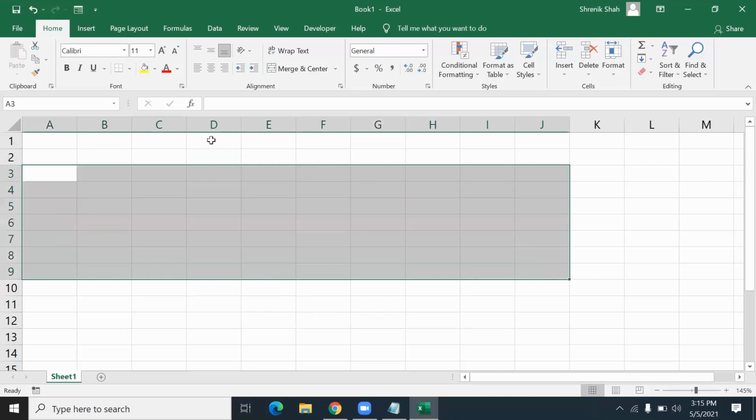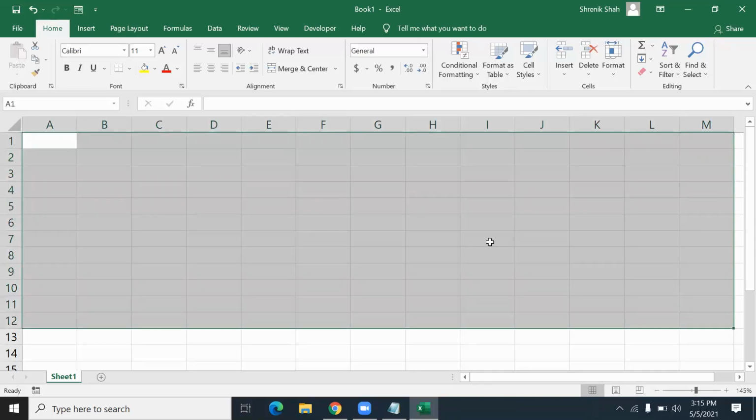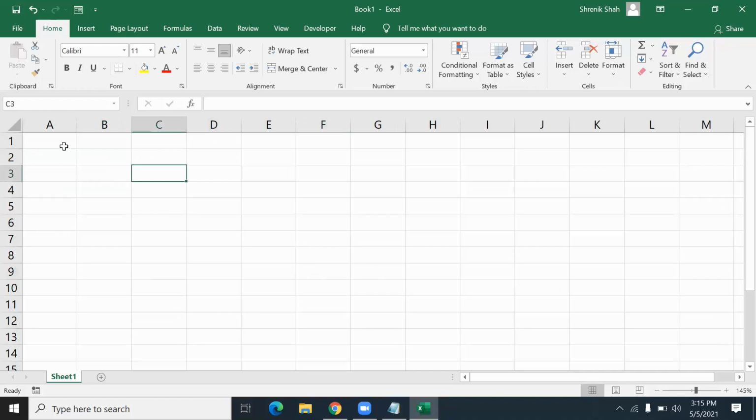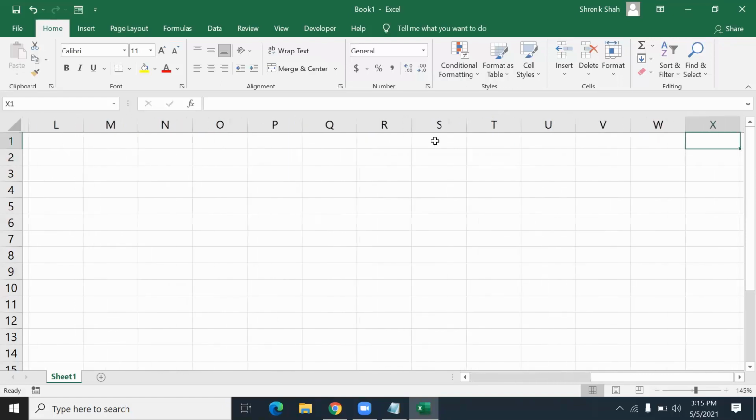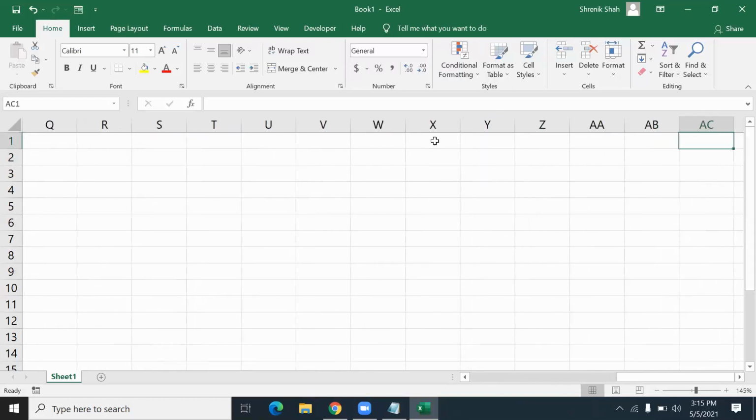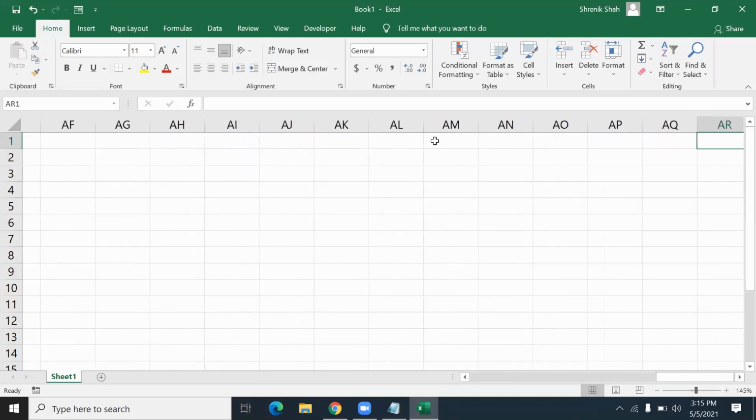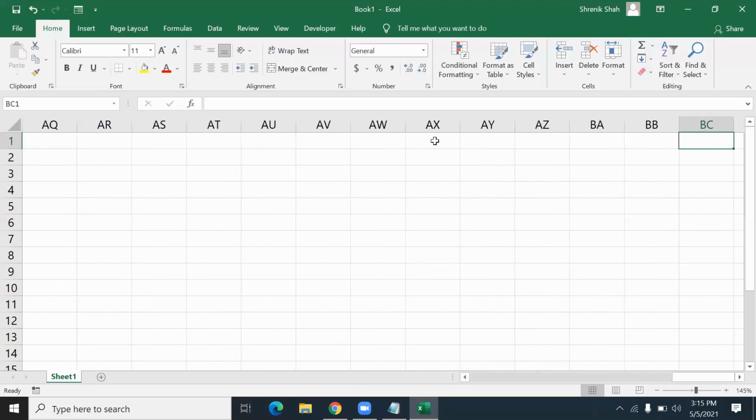So Excel provides this spreadsheet, and this spreadsheet is like a table showing you a number of cells. Okay, there are a number of columns and a number of rows. Now how to navigate these cells? If you go right, then those are the columns. Columns are labeled A, B, C, D, and when it ends at Z, again it starts with double A. When it ends at AZ, it starts with BA. So there are a lot of columns.